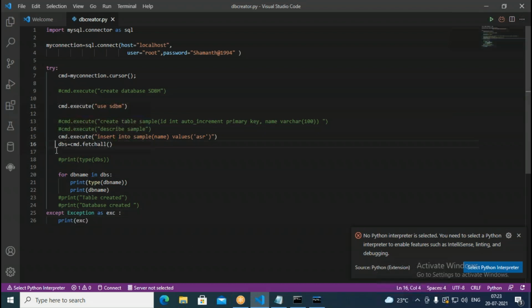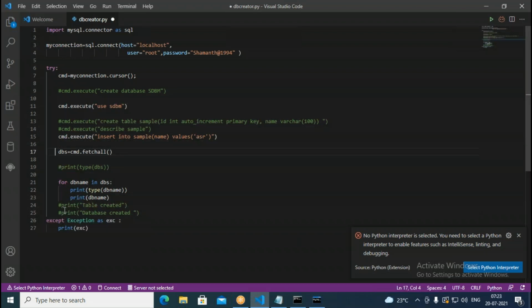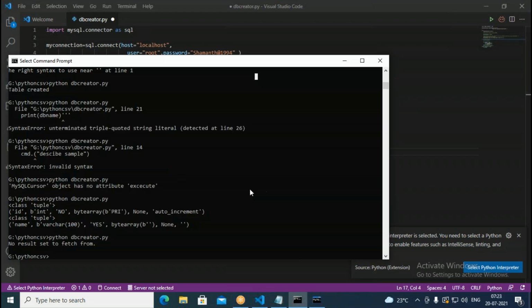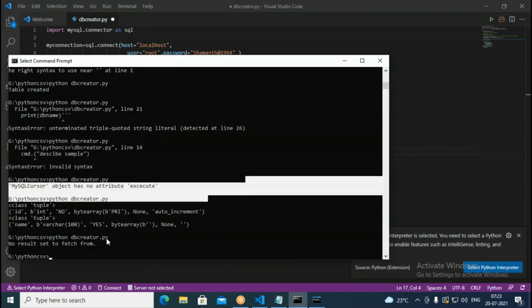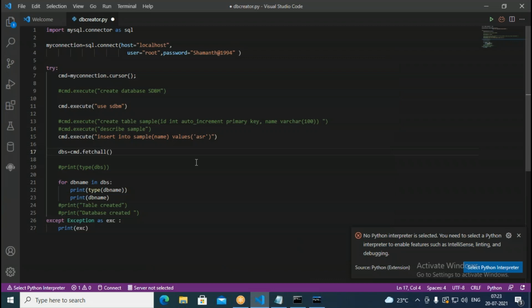The column name is name, nothing but name only. If you look at this code, on the top you had name varchar 100. When I'm trying to insert, this should take the values. This is a normal command we give: insert into sample, column name, then values. It has to insert, but nothing is happening. No error is shown either. What could be the reason?